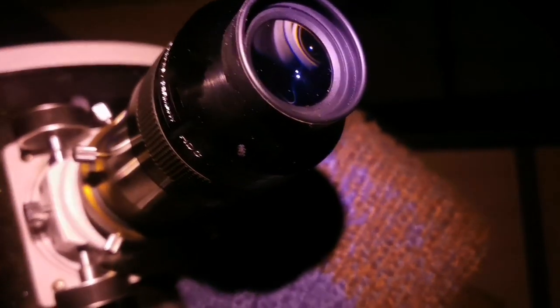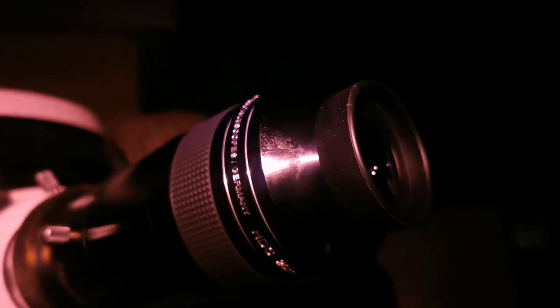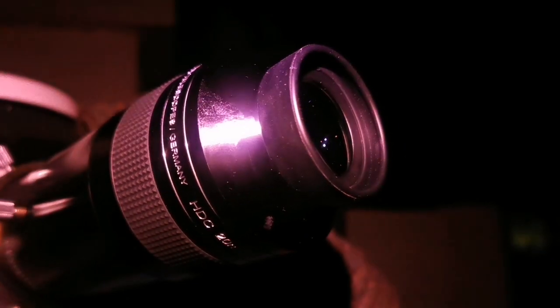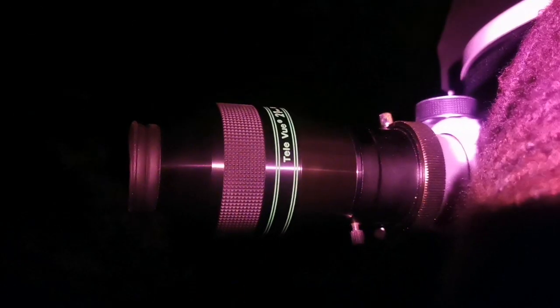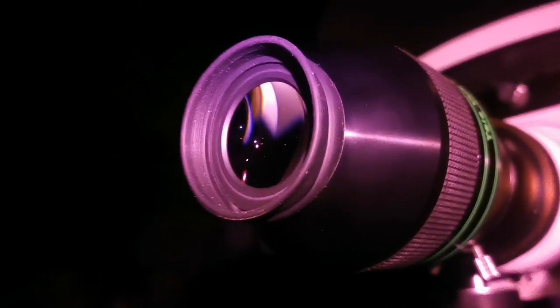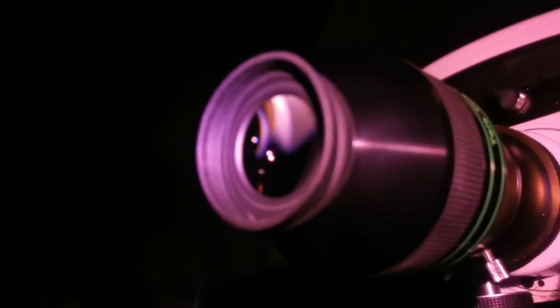Let me go remove the eye guard from the Ethos, which I added, and practically that made it a little bit less field of view. So I'll remove the eye guard and then come and see it with this one. Okay, now I have removed the eye guard and put the rubber eye cup back. The view is now as immersive as the